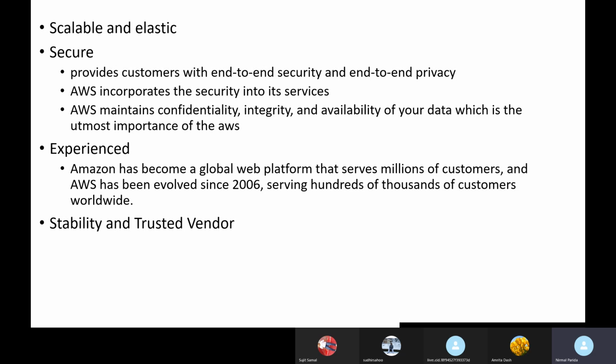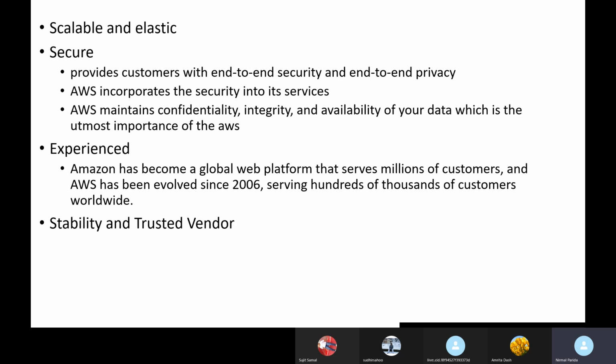So there is no need to worry about the security of the services you use from AWS. In the case of infrastructure as a service, you need to understand how to secure your infrastructure. Everything is provided by AWS, but you should know how to use it. AWS maintains the confidentiality, integrity, and availability of your data, which is of utmost importance to AWS.